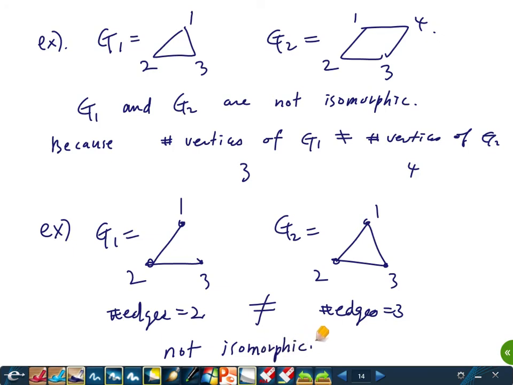So all you need to do is to find one good invariant. But it can be difficult if the graph is complicated. There are many, many invariants. For example,